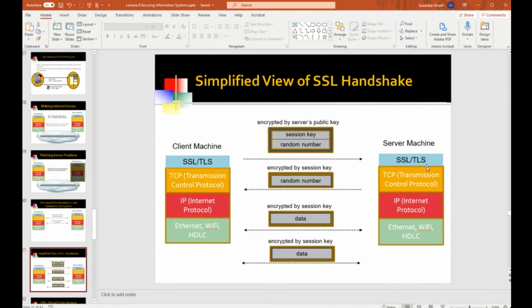So how is it securely sent? Well, it's sending the session key and also some random number, and it's encrypting this initial packet with the session key and the random number using the server's public key.